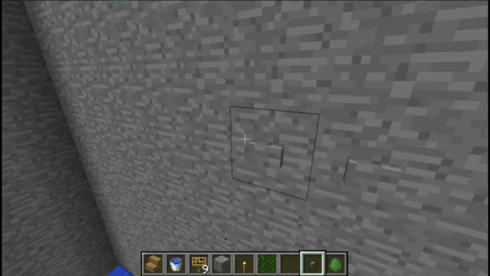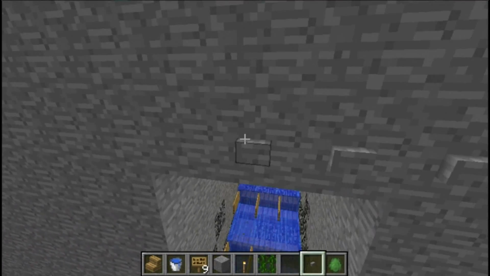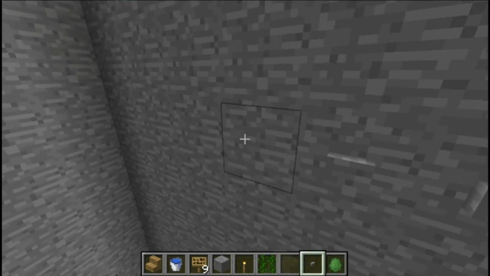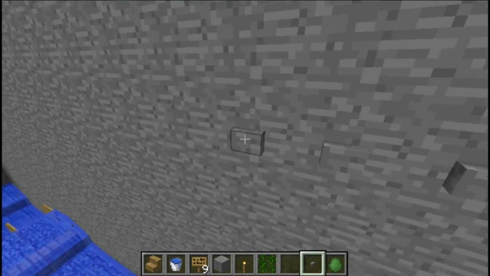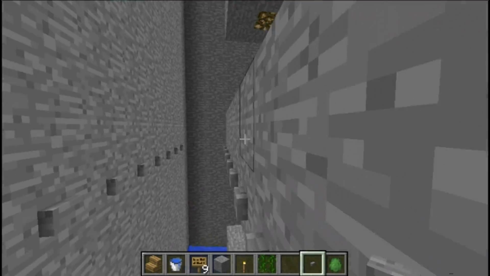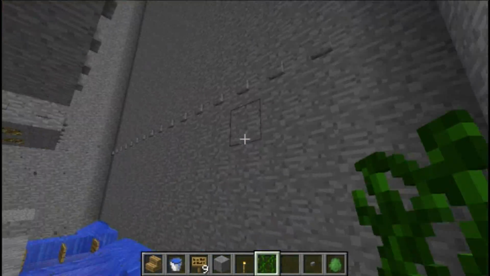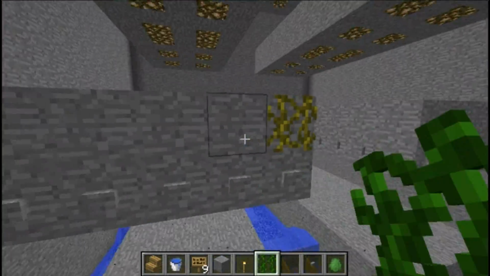In my survival island version of this, I used signs instead of buttons, and that took forever. Literally like an hour to place all the signs, and then as soon as I finished, I thought about the button idea, and I was like, oh crap. Waste of time. Anyway, so now that we finally got all the buttons there, all we do is put vines